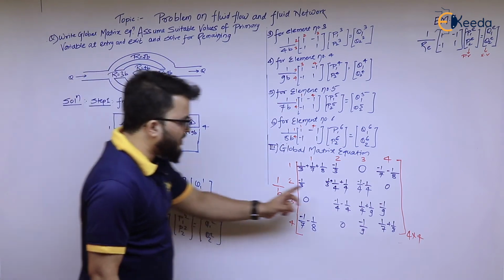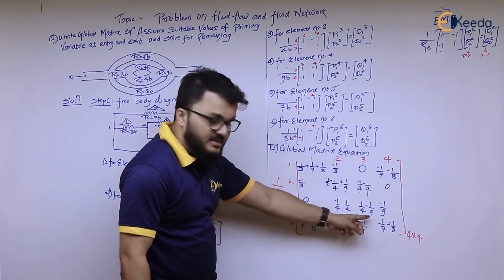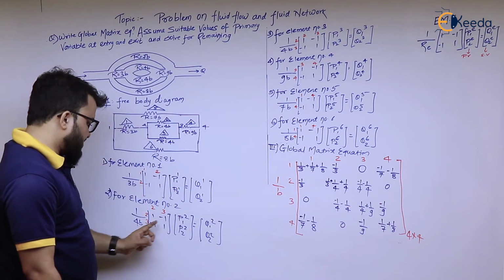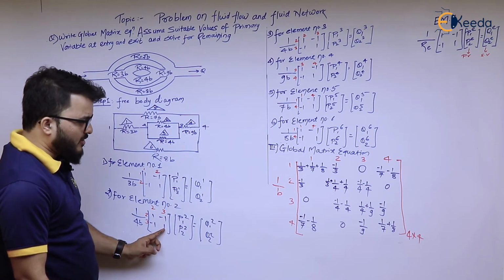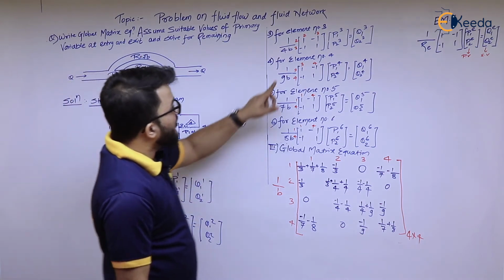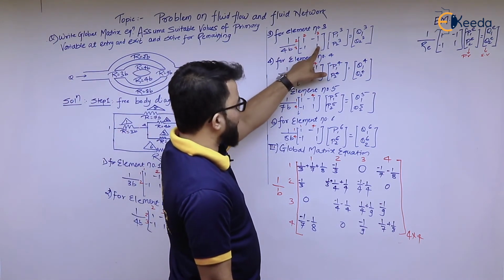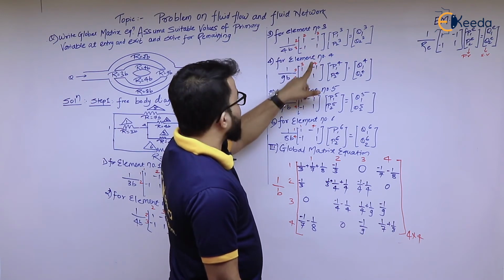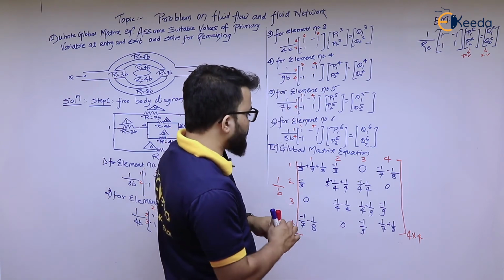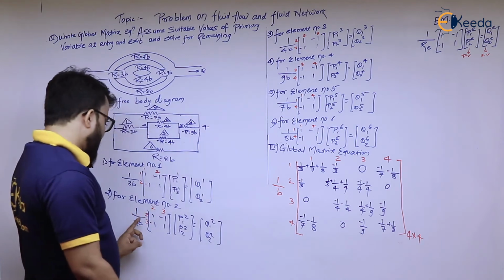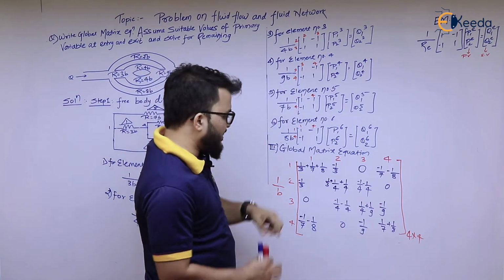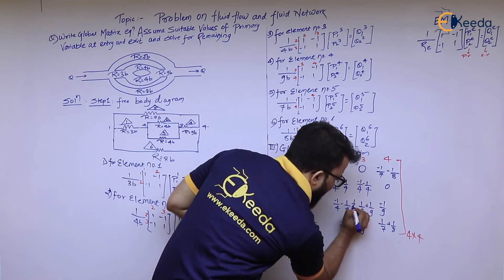Similarly, there is one element 3 by 3, so row number 3 and column number 3. This is one element, which is nothing but 1 by 4. Again, row number 3, column number 3, this 1 by 4 is also there. And next element, also row number 3 and column number 3, 1 by 9 is also there. So there are 3 elements in total: one is 1 by 4, second is 1 by 4, and this is 1 by 9. So another 1 by 4 is also added here.